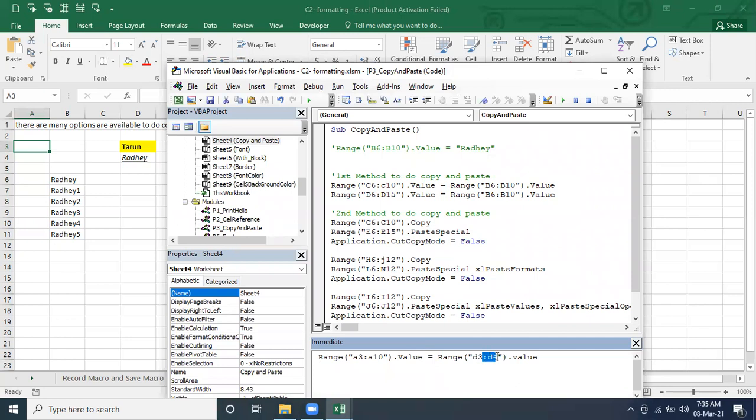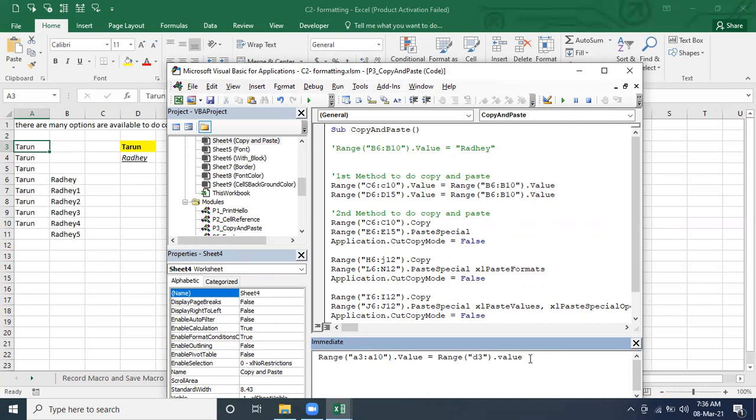I'm going to pick the D3 value. What value is there in D3? Tarun. And what is the format? Bold, with a background. It's going to pick only the value and paste it to the range A3 to 18. Just see here.